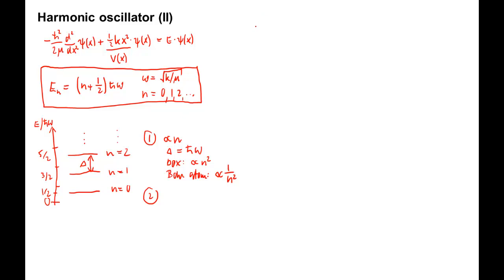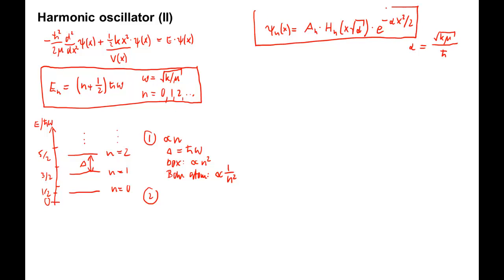Next, let's look at wave functions. They are given by ψ_n(x) equals a_n times H_n(x) times square root of α times e to the negative αx²/2, where α is an abbreviation for the square root of kμ, all divided by ħ. The expression for the wave function here contains three factors. The first factor is the normalization constant,